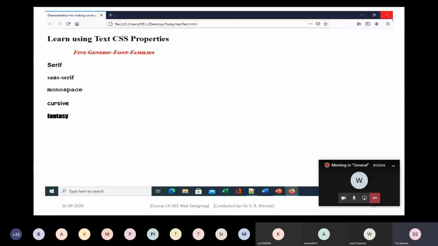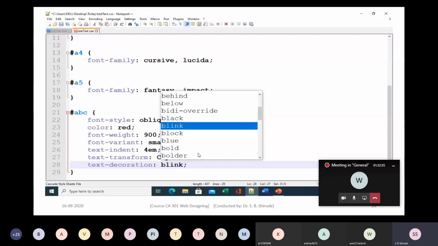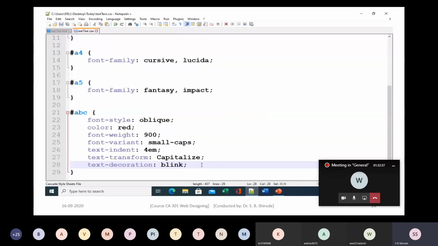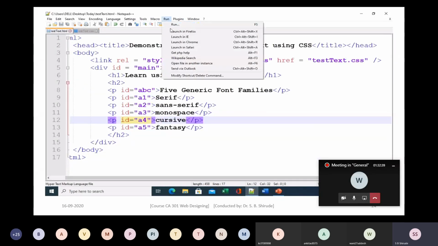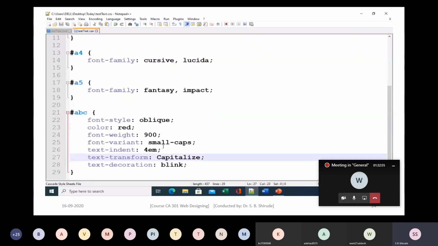That is underline, overline, line-through, and blink. These are the possible values. Line-through's output you have seen is like strikethrough letters, and then blink will blink in the browser. You will not see that effect in the recording, but you can see it blinking during your own practical demonstration.